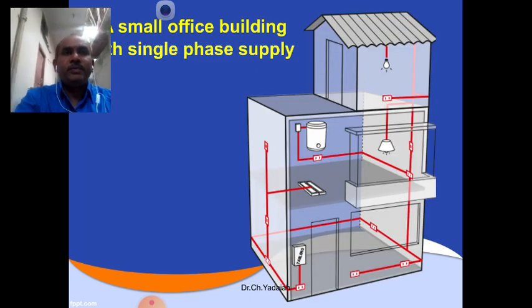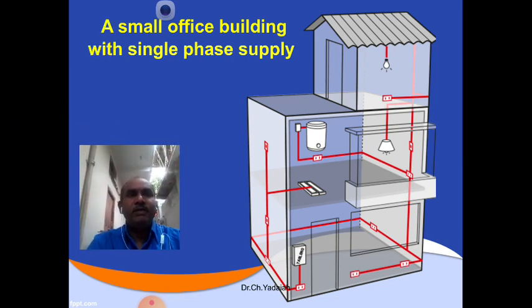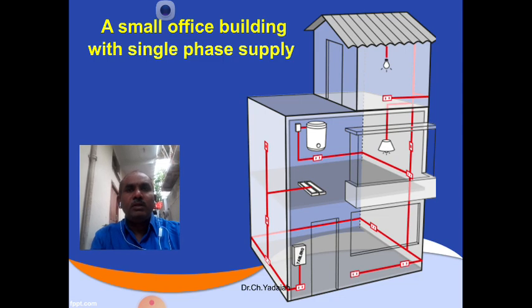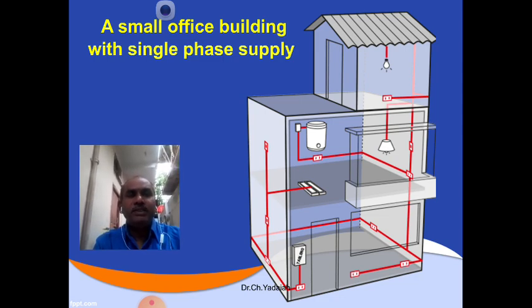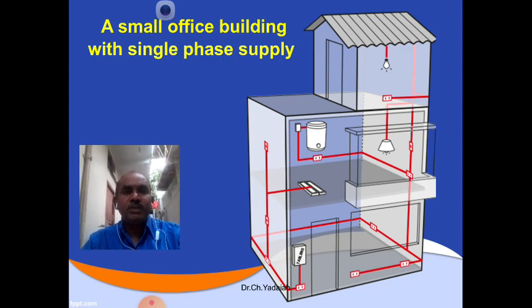Now you can observe this is one small office building with a single phase supply. Last class we have seen only a simple domestic house, which has only a single fan, two tube lights, two bulbs, two lighting sockets, one power socket. Based on this given load we calculated how many subcircuits and how these are connected to the different places, and we measured the length of the conduit, the length of the wire, and what the different accessories are.